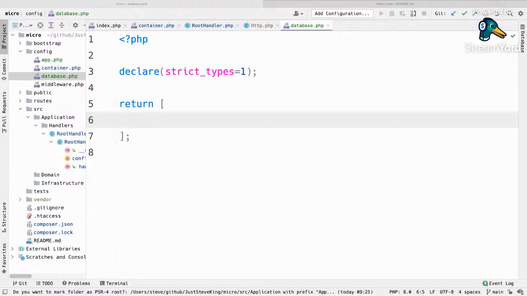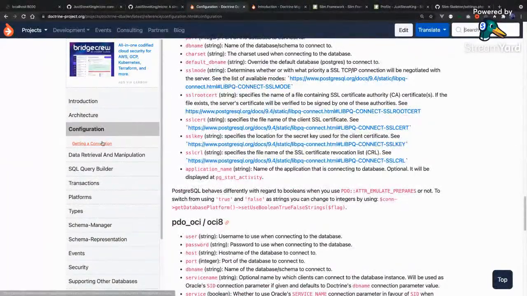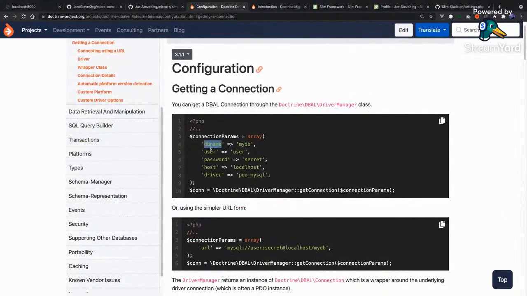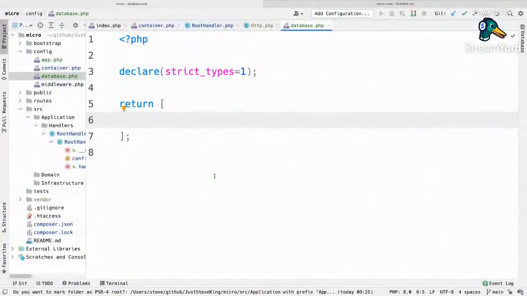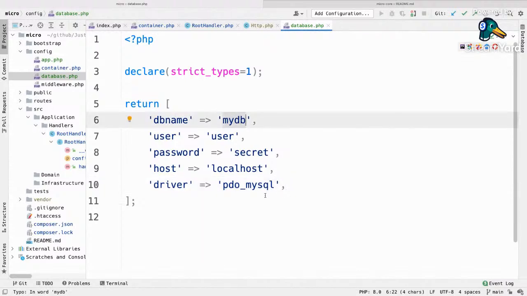This is our database. So the options that we need for configuration, we will need database name, user, password, host, and driver. So I will just grab those. This is what we need. Basically that. So DB name, we will use,